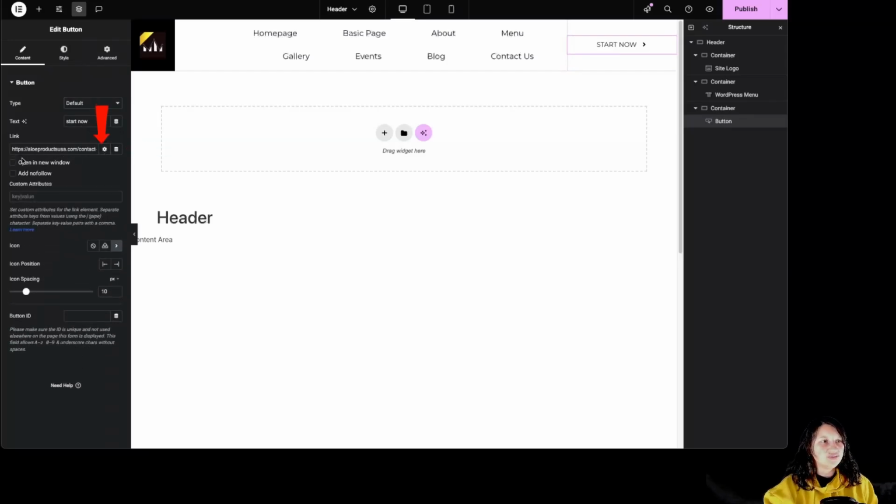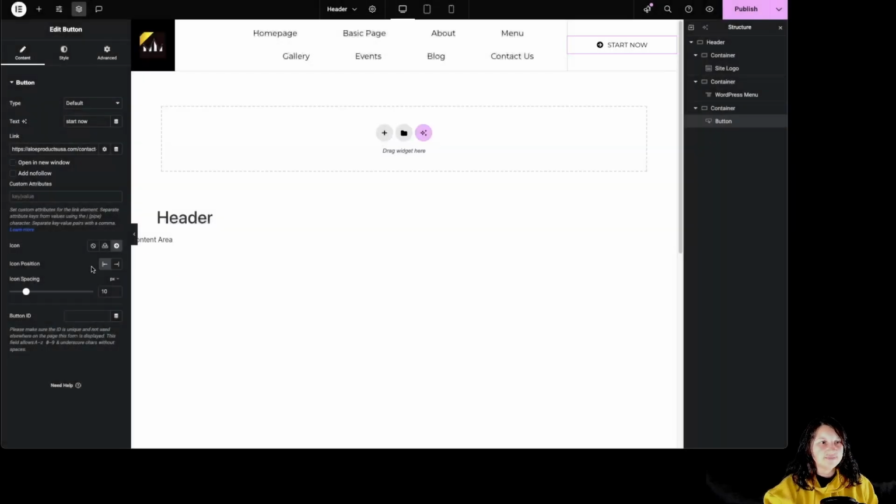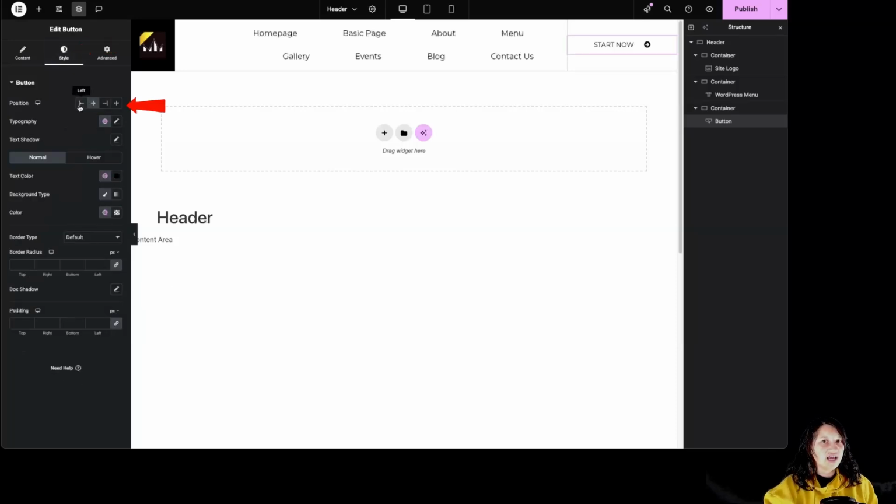By clicking on this wheel, we can open the link in a new window. We can also use dynamic text from over here. We have an icon from over here. We can change it like so. Change the icon position like so. And the icon spacing. By going to Style, we have the position,